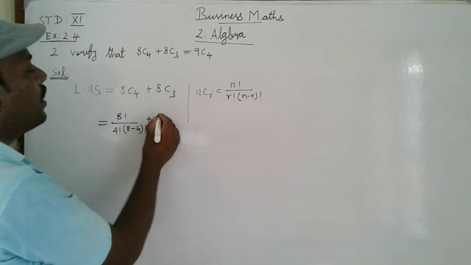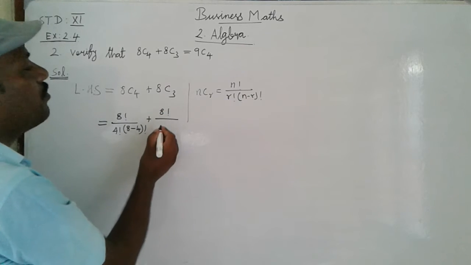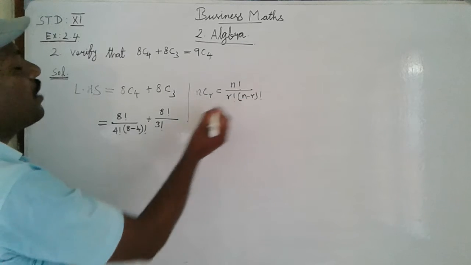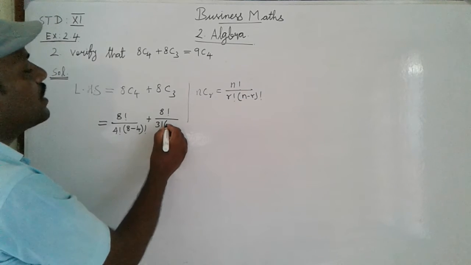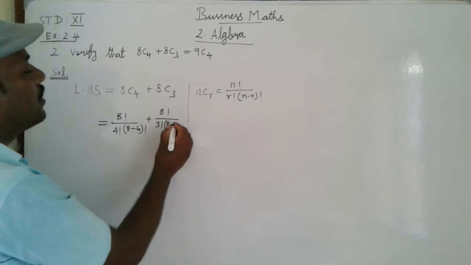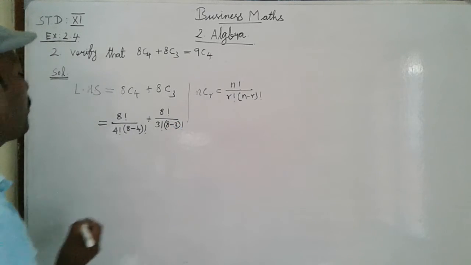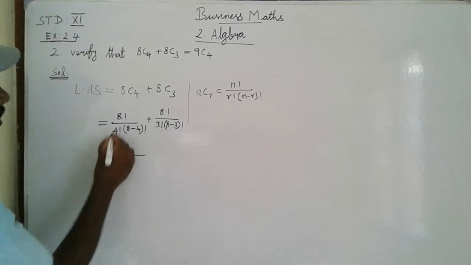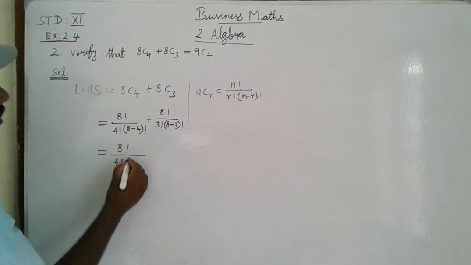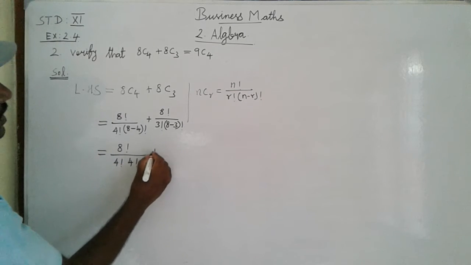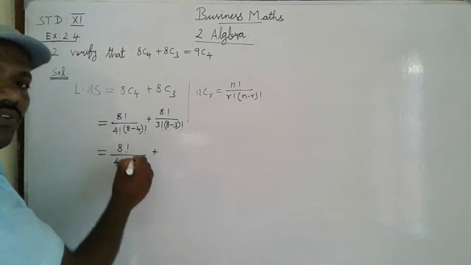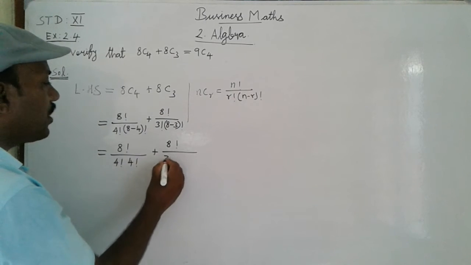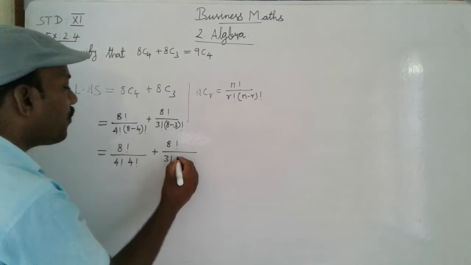So 8 factorial divided by 3 factorial into (8 minus 3) factorial, equal to 8 factorial divided by 4 factorial into 4 factorial, plus 8 minus 4 is 4. Next, 8 factorial divided by 3 factorial, 8 minus 3 is 5 factorial